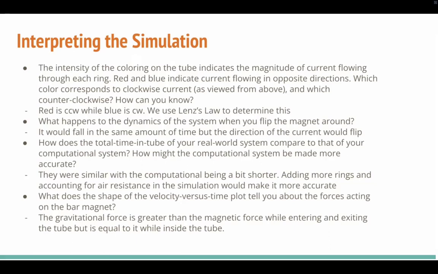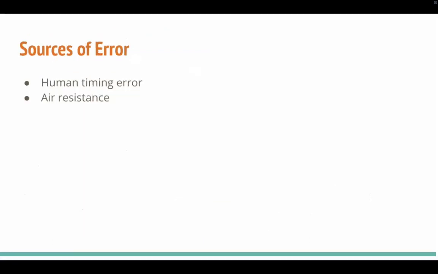Does the shape of the velocity versus time plot tell you anything about the forces acting on the bar magnet? Gravitational force is greater than the magnetic force while entering and exiting the tube, but it's equal to it while inside the tube, which is shown in the constant velocity on the velocity time graph. Potential sources of error are human timing error and air resistance. Along with that, some of the assumptions are obviously not perfect, so there could have been error there as well,